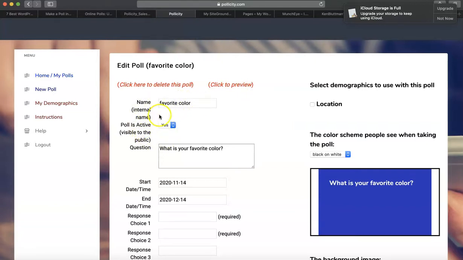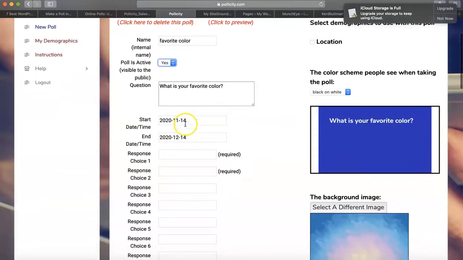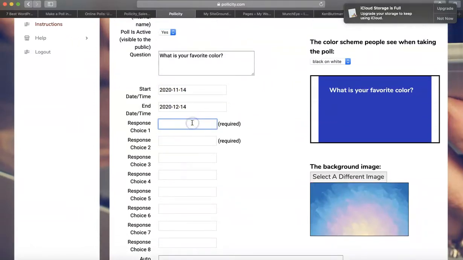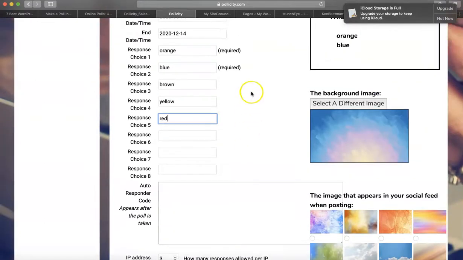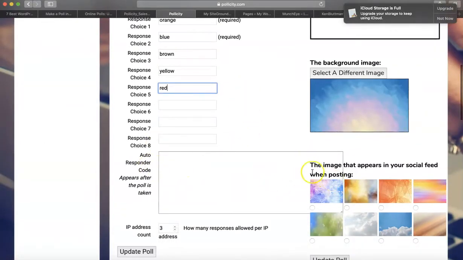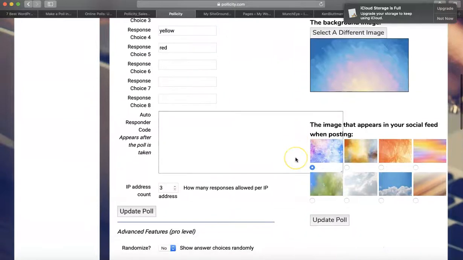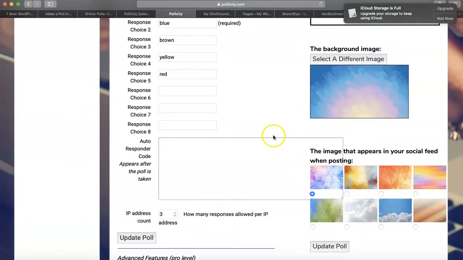But moving forward, as I said, internal name, favorite color, poll is active, yes. You can also make the poll inactive, which will make it not visible to the public. Here's the question, start time, end time, and then you need at least two choices. I'll just go ahead and put it in. And then scrolling down, this section is kind of glitching a little bit here, but this is just a little buggy because it's a few days before launch. It's not fully done, but